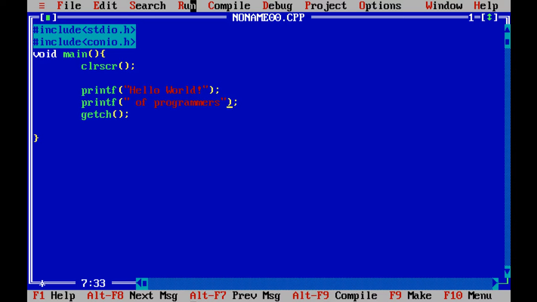In this tutorial we are also going to cover the conversion specifier. If after of programmers I want to write for long next, I will simply write percentage s and, within double quotation marks, for long.